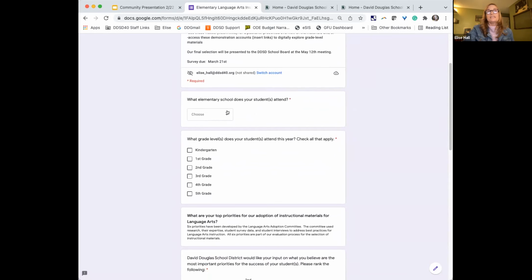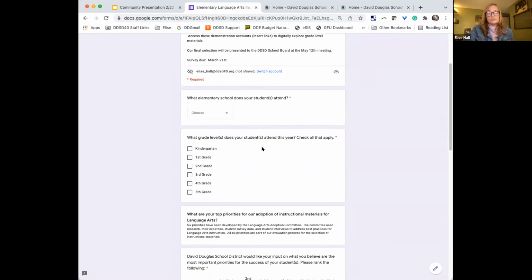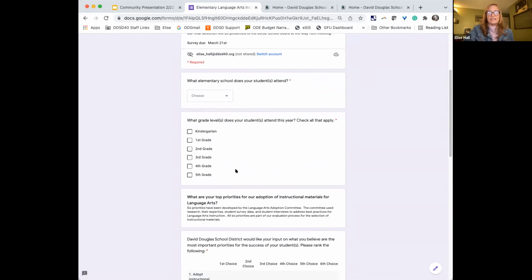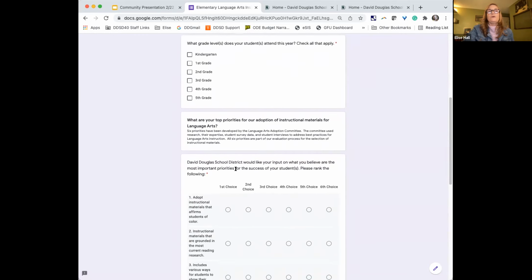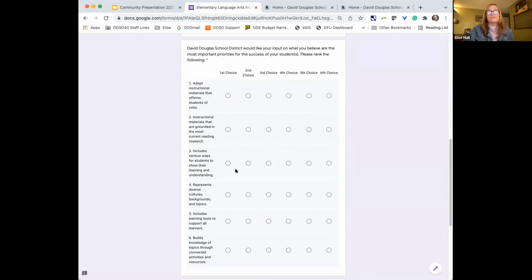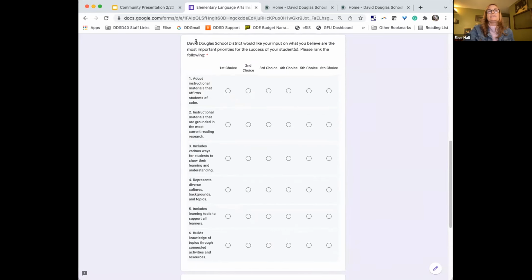And you would choose the elementary school that your student or students attend, the grade level. And then what we have for you available for your feedback is asking you to rate the most important priorities that will impact your students' success in learning to read and write.